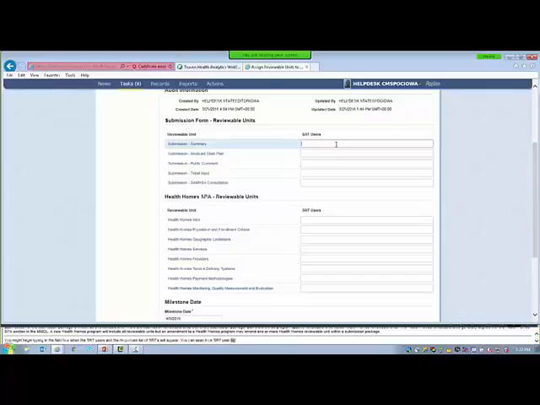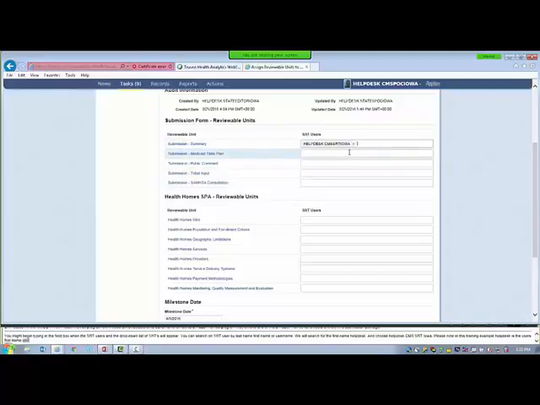We will search for the first name, Help Desk, and choose Help Desk CMS SRT Iowa. Please note that in this training example, Help Desk is the user's first name and CMS SRT Iowa is the user's last name. Although the CPOC's name does not appear in this text box, he or she is automatically assigned to each reviewable unit as part of the review team.